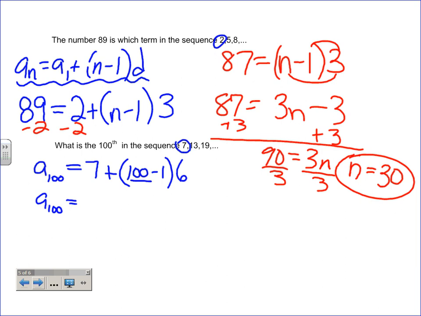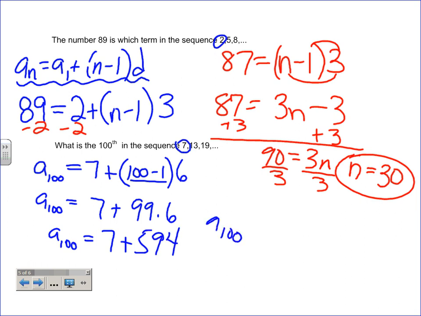So the 100th term is, well, what should we probably do first? I'm thinking we should take 100 minus 1, which is 99. So we're going to get 7 plus 99 times 6. Does it matter what order I do things at that step? It does a little bit. You better do multiplication before you do addition, correct? I think most of you are so well versed in that, that's what you're going to do anyway. So it's 7 plus, well, what is 99 times 6? 594, thank you. So what is the 100th term? A sub 100 for this one is